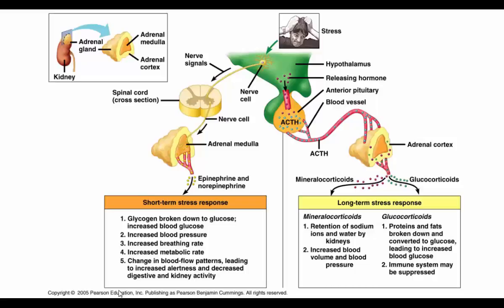Things that, if you've been really scared, are familiar. Things like your blood pressure rises, your breathing rate increases, your heart rate increases, your metabolic rate increases. You have a flow of glucose into your blood from your liver. All those things, in terms of natural selection, are adaptations that in the past were for us to escape some threat. You're walking through the woods and a cougar jumps out and is about to attack you. Your adrenal response is for you to have enough energy and awareness to quickly evade that situation,